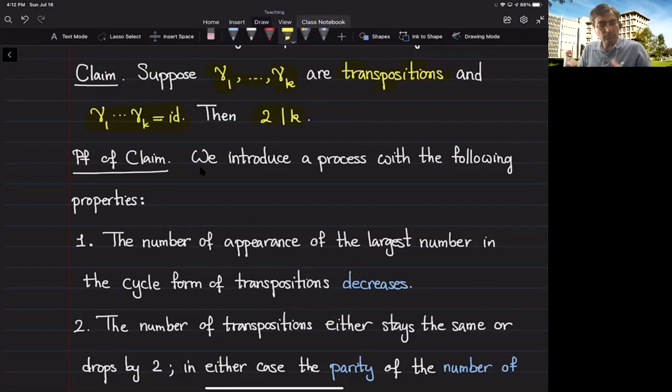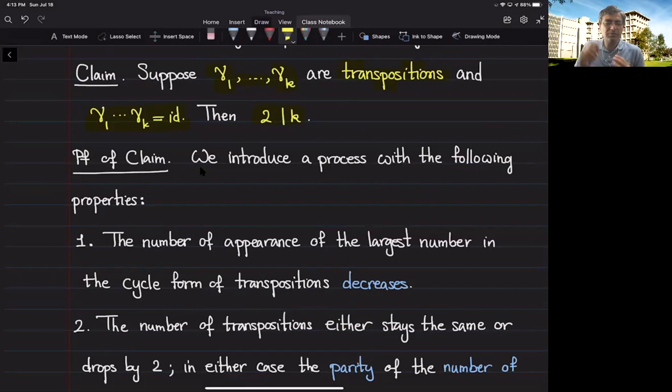What we will do, we suggest a process. And what does this process do? This is a type of an algorithm. Under this process, I'm going to look at the elements that appear in the support of these transpositions. I'm going to make sure that the number of elements that appear in the support of these transpositions are getting reduced under this process. So I'm going to eliminate them one after another. That's my goal. I want to introduce a process through which the number of